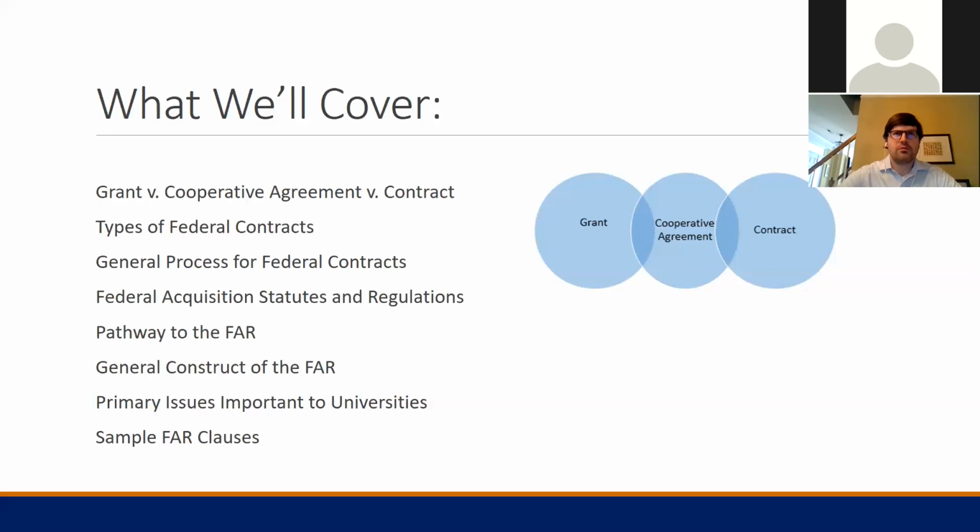Talk a little bit about the construct of the FAR itself, because I think when you first see a laundry list of 50 FAR clauses lined up, it can be somewhat intimidating. And so try to demystify that piece as well at a high level. And then close with the primary issues that are important to universities and the things that, as research administrators, we're going to be focused on in reviewing